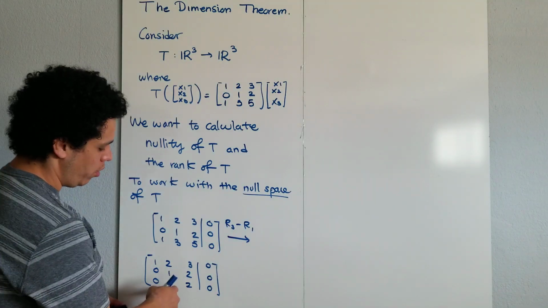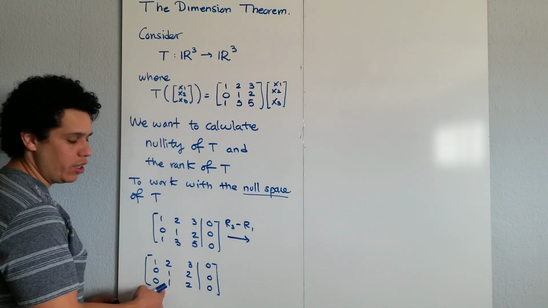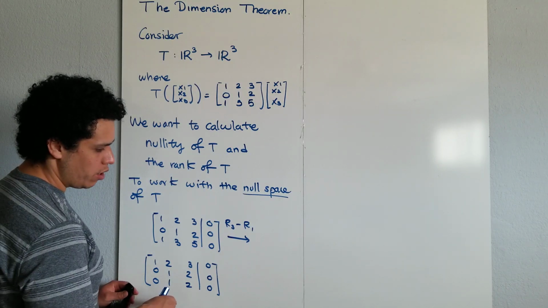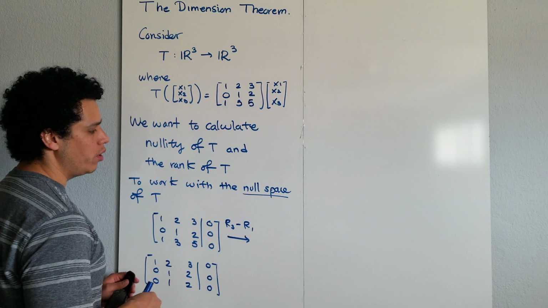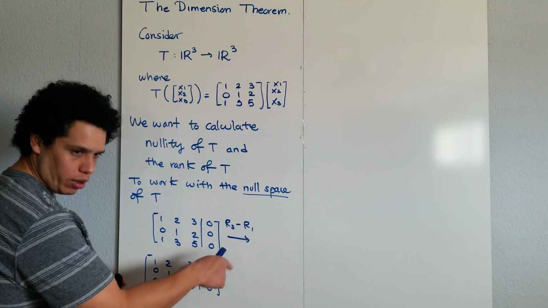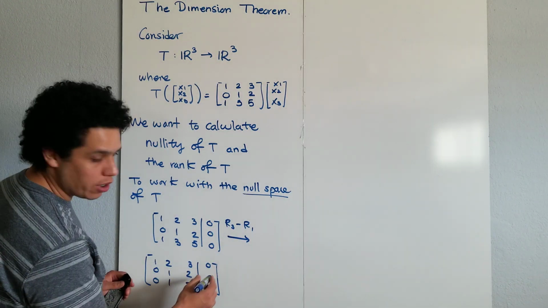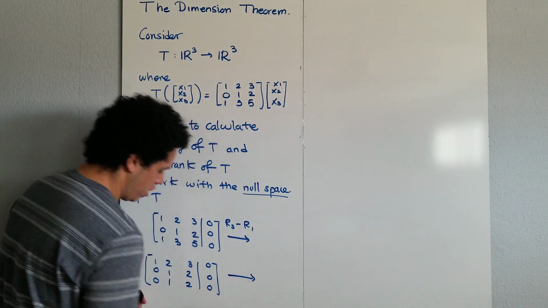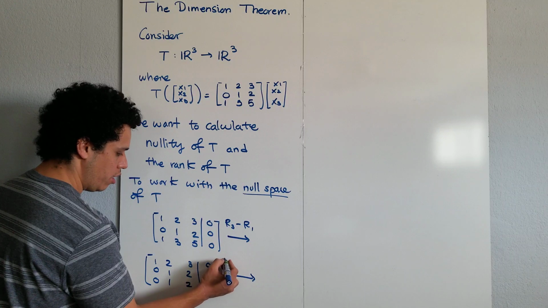As we continue here, we notice that these two rows that we have in this augmented matrix are identical. So, well, that's going to indicate at some point that the null space is non-trivial. But let's continue with the calculations and see what they lead us to. So to keep reducing this,